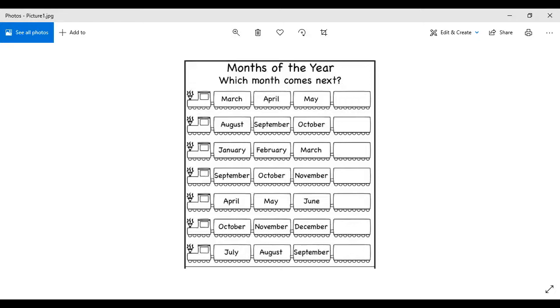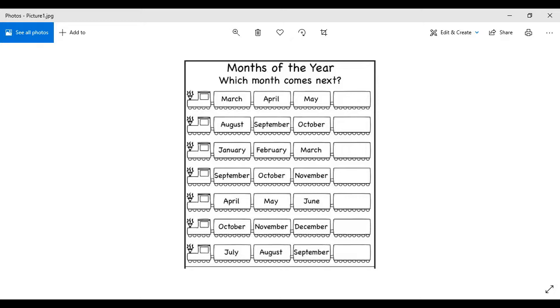Okay, let's say we will be practicing the order that what comes after this month. Now, these are random names, right? Let's say March, April, May. What comes after that? If we follow this sequence, that first come March, then April, then May. What comes after May? June. Very good. Okay. Very good, Elise. So let's look at the next one. Who is going to tell us about the next one?